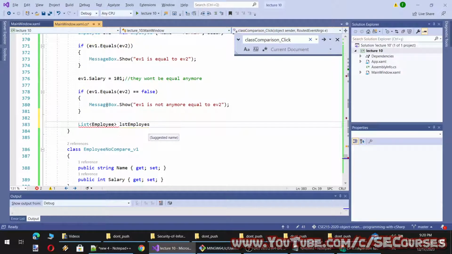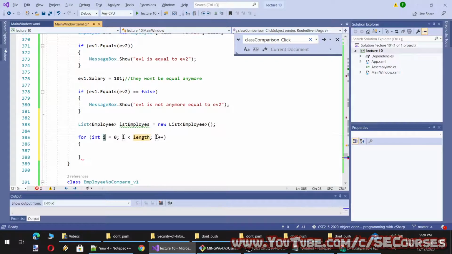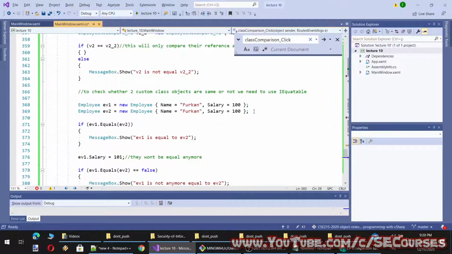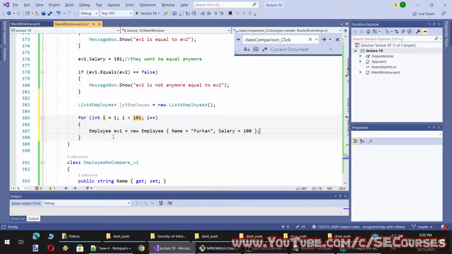And I will generate 100 employees randomly, equal to new Employee, and the name will be E plus I, and the salary will be something random.